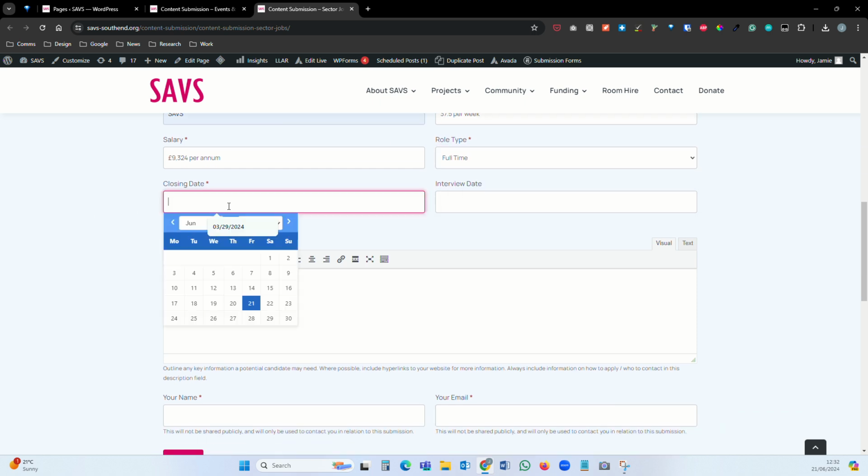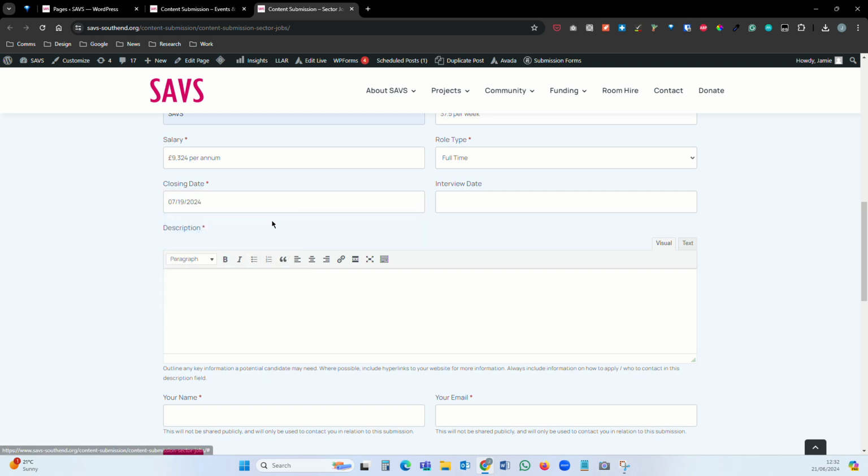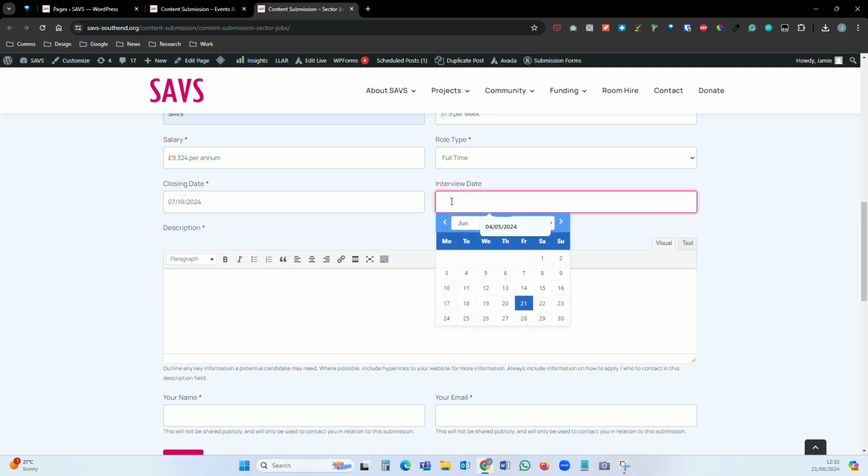And then there's a field for the closing date, so there is a handy calendar drop-down tool that you can use, and you can basically just flick through the dates and the months. So we're going to choose the 19th of July for the closing date. And adding an interview date is really helpful for applicants because it enables them to know when they've been shortlisted,